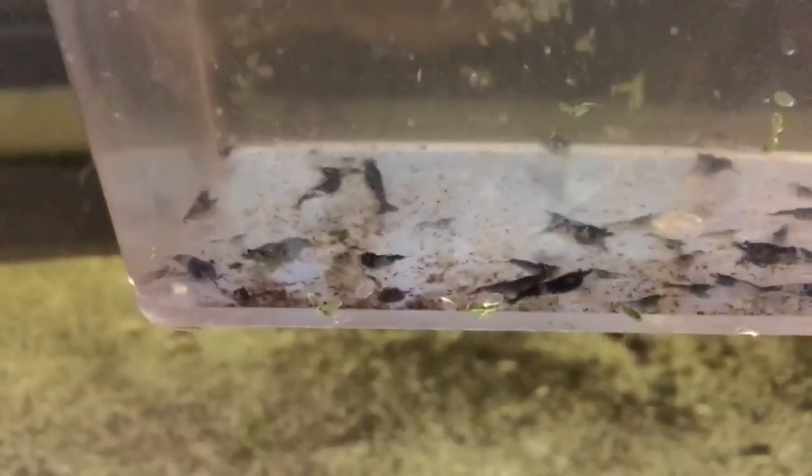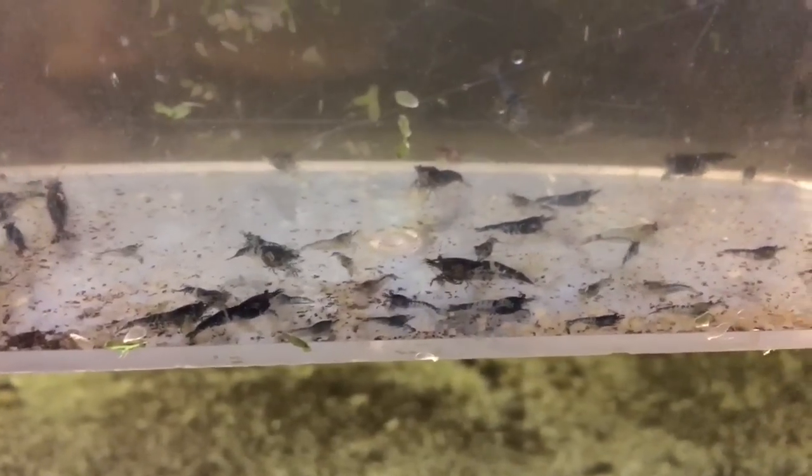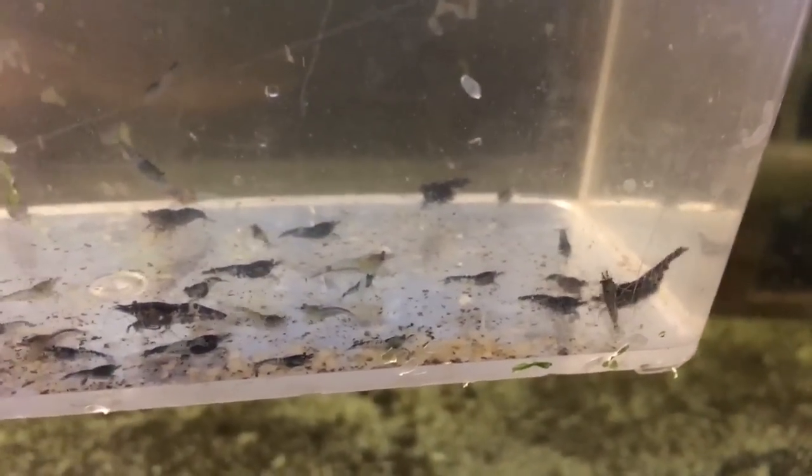But there are some really, really nice ones in here, but there's some not so nice ones too. Like these ones. But there's definitely enough in there. There's a buried carbon release, so